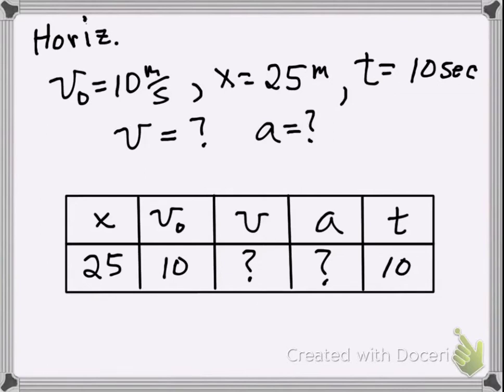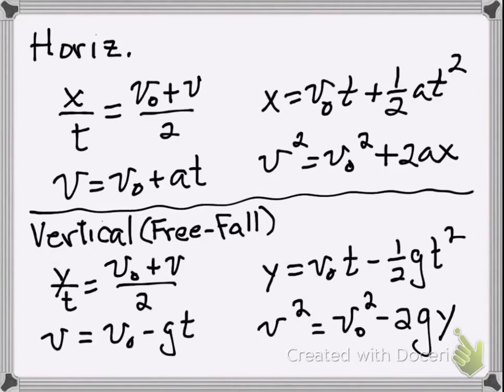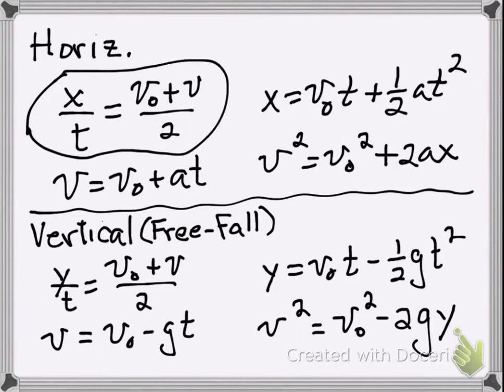All right, so let's calculate what v is first. If we're going to calculate v first, then for the moment we don't need to know what the acceleration is. So we're going to go back to our 4 horizontal equations and find the one that does not contain a. Of these 4 equations, the one we're going to use is this one that I've just circled. I'm going to copy that equation,